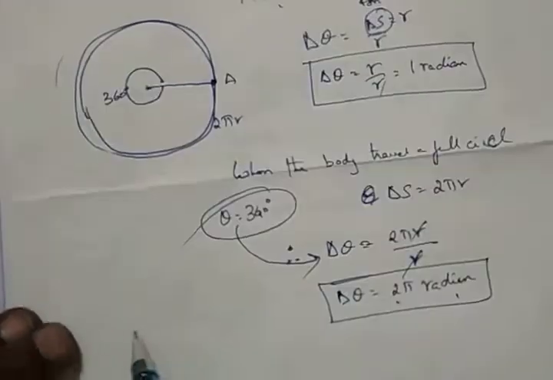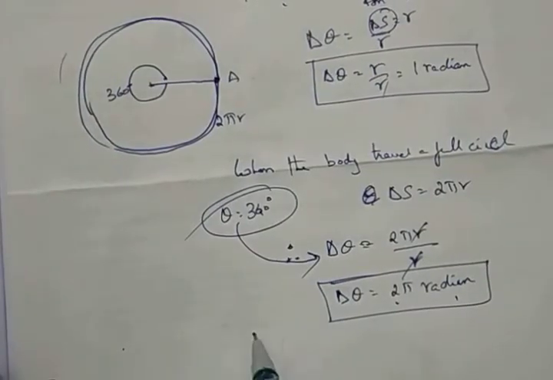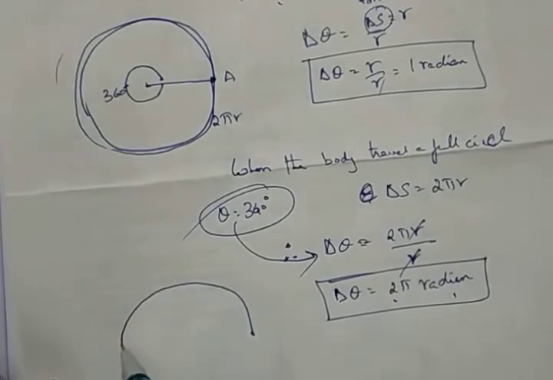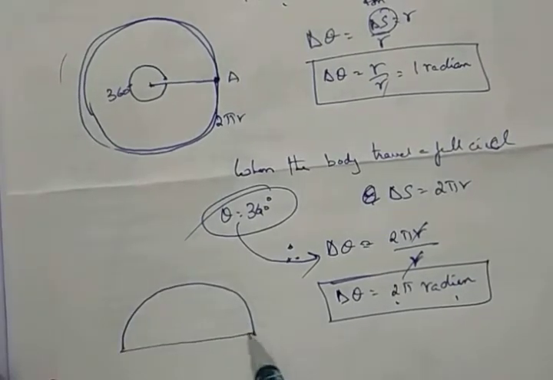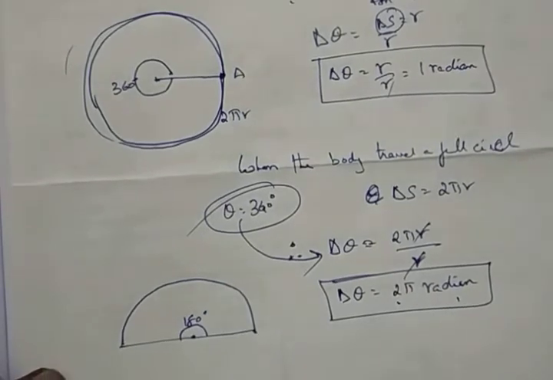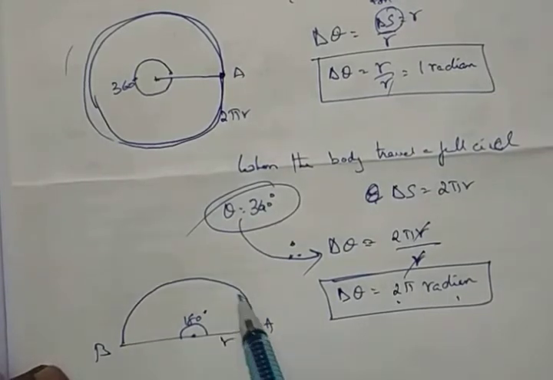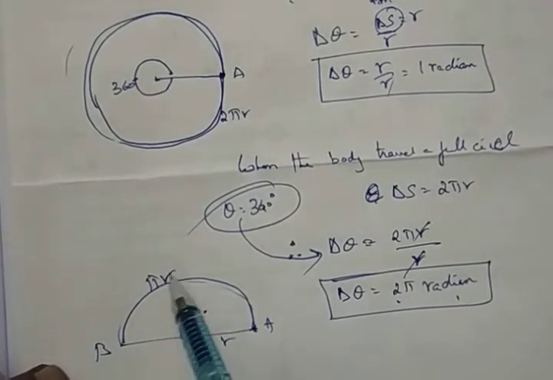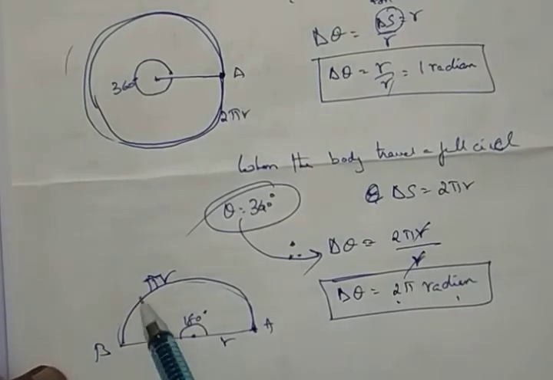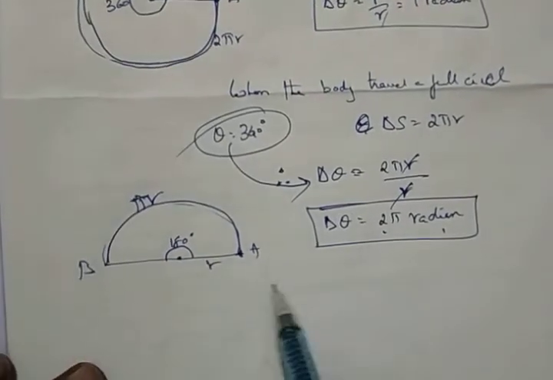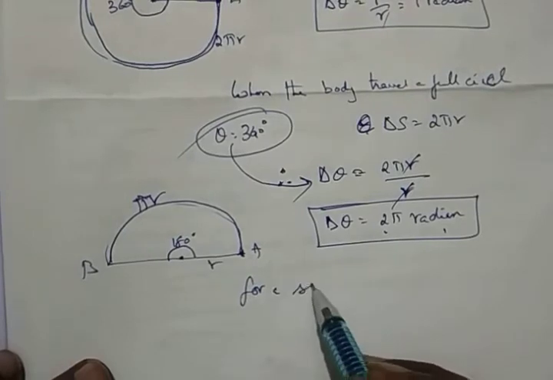Suppose a particle is here, went on a circle and then came to the next side. It has crossed a full diameter, 180 degrees. From A, it has gone to B. How much did it travel? This is the radius. It has traveled how much? Pi r it has traveled. Semicircle, not 2 pi r. Pi r. So for a semicircle,